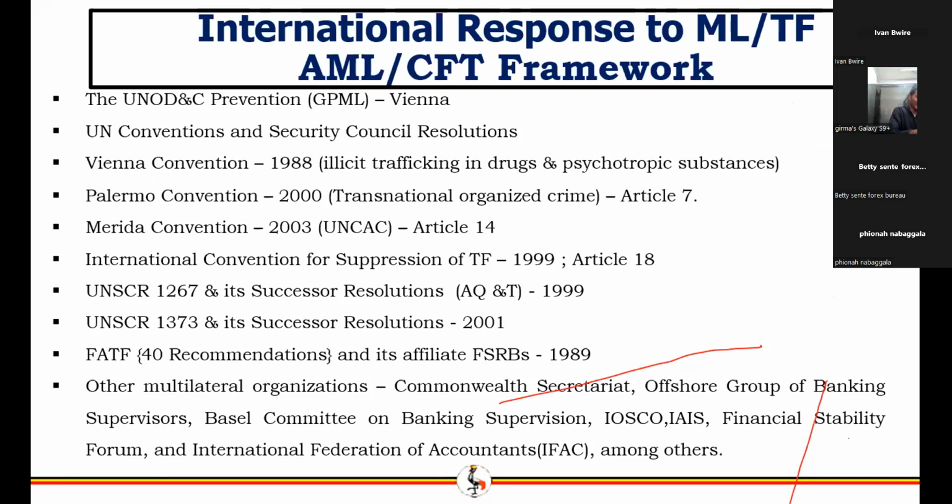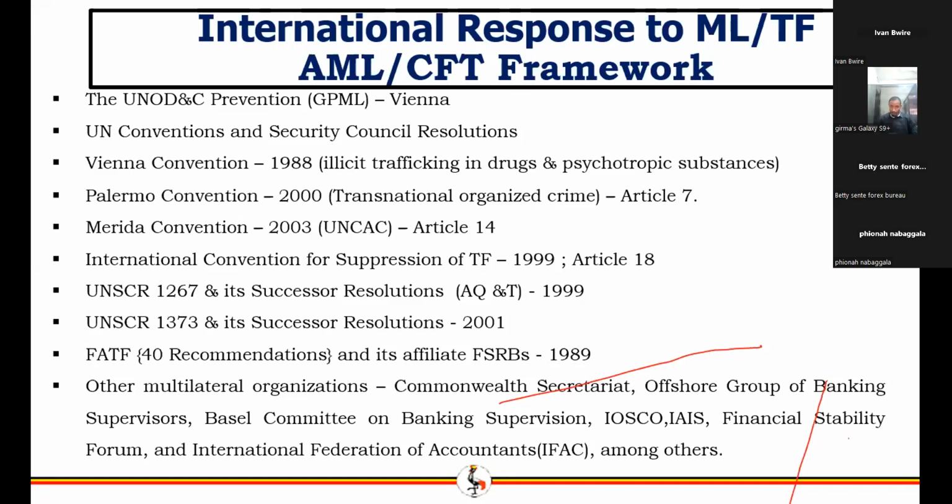So when we talk about the legal framework as regards prevention of money laundering and combating of terrorism financing, it can be classified into two. We have the international legal framework and the national or domestic, where national domestic is ours, our local laws. So from the international perspective, at least with this, you'll be able to understand where we are coming from, the backbone of our domestic acts or laws.